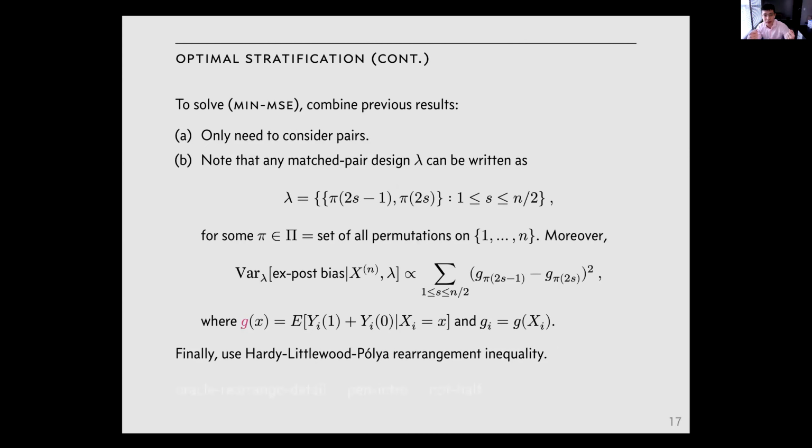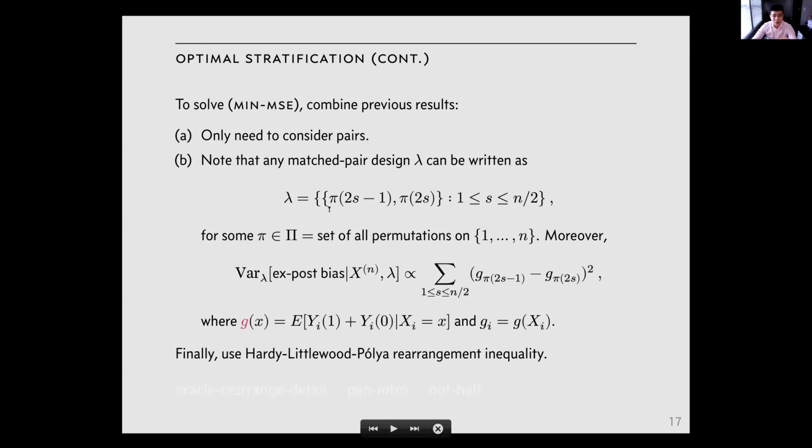So to get to the results, we only need to combine the 2 elements of the proof. So first of all, you only need to consider pairs. And second of all, for any match pair design, you only need to look at the dispersion of ex-post bias. If you carefully write down the expression of the dispersion of ex-post bias,